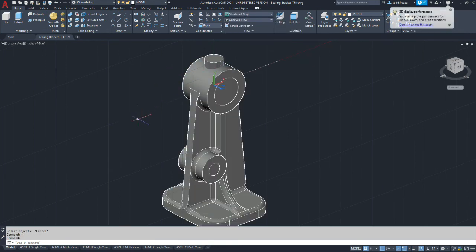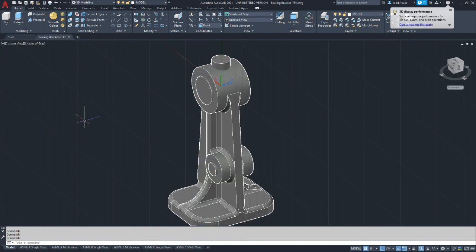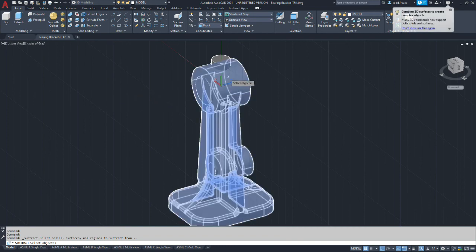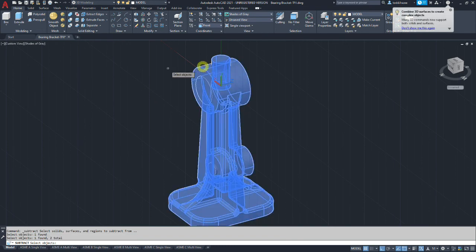I'm going to go back to shaded mode and look at the part from the other side because I intentionally made those cutting bodies a little bit longer so that they're easier to select. And we're going to use the solid subtract command. And again, first we need to select what we want to keep. And we have two bodies because we have the boss shown.